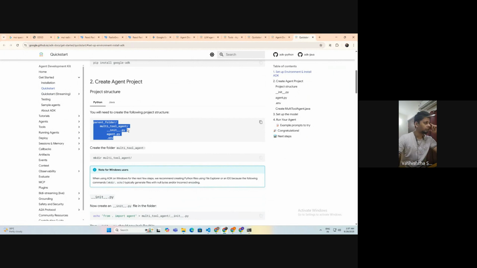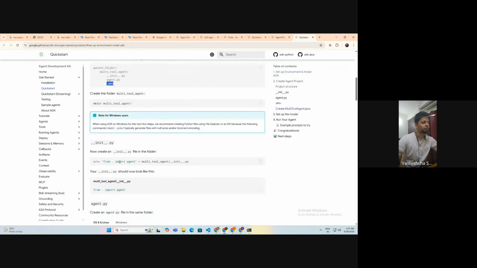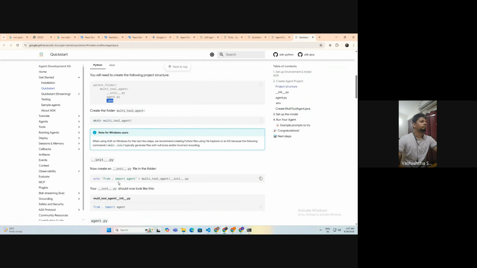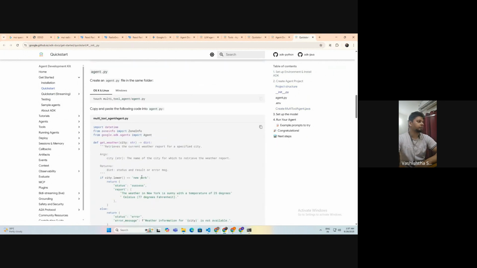There's a parent folder and a multi-tool agent inside. It will have an init, an agent, and an env file. The env file has the API keys, and init obviously everybody knows. And then agent.py is the file where everything happens.